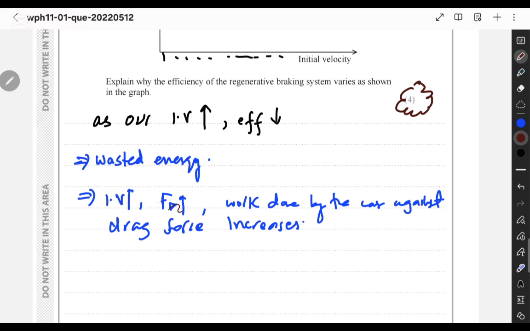So at higher speeds, the drag force is greater, so the work done against the drag force increases, and because of this,